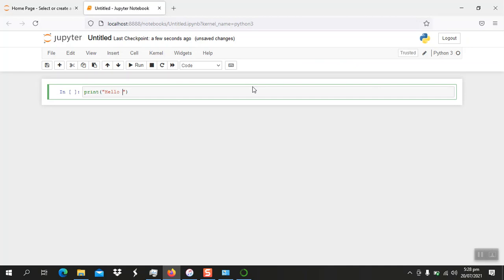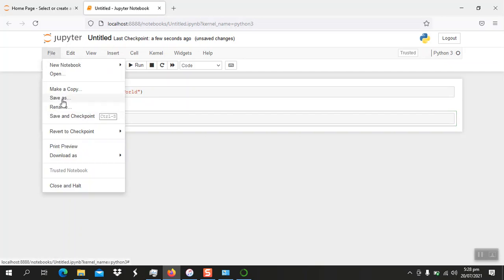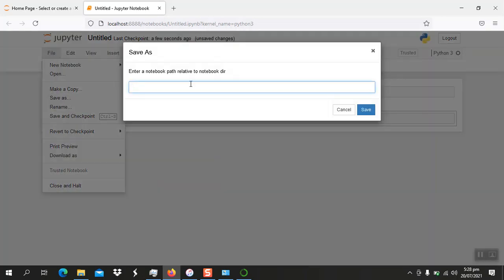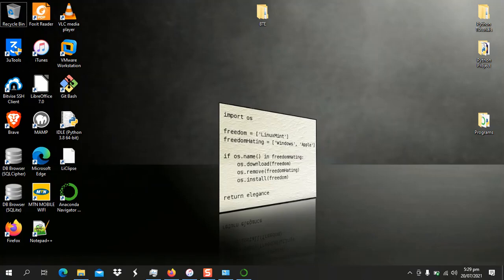Hello world, and run. All right. Now you may want to save this because this stuff has not been saved. It has been saved in some unknown location. You need to know where to save it. So let's save this as. Now it needs you to enter a path. It can be complicated to enter a path here. So what I would advise you to do is this. Now cancel. Instead of doing this, I'll advise you to create